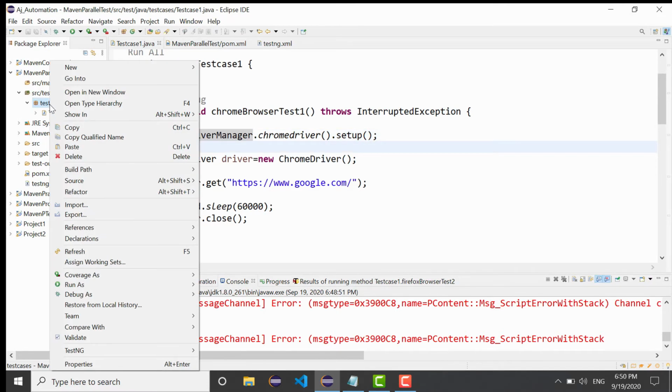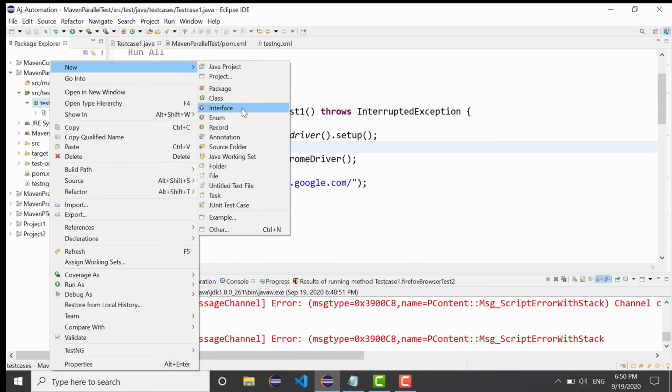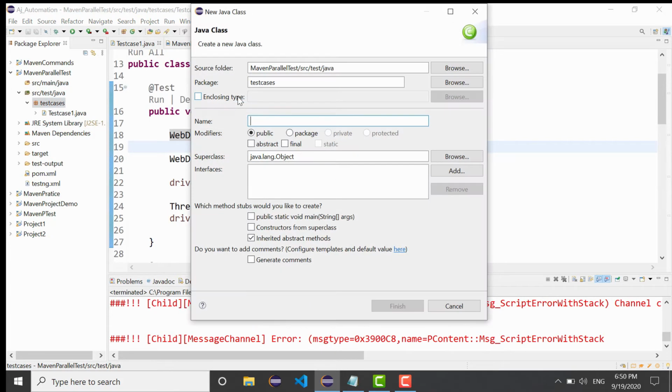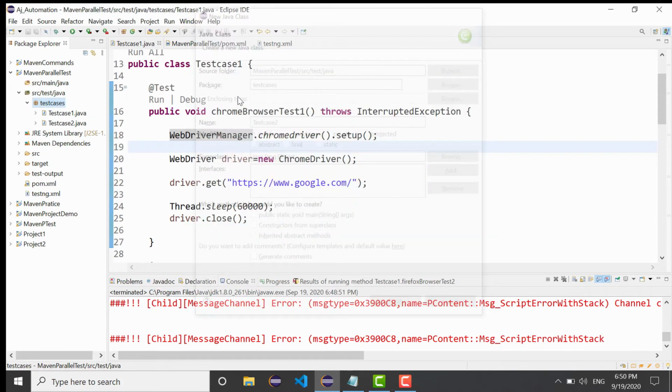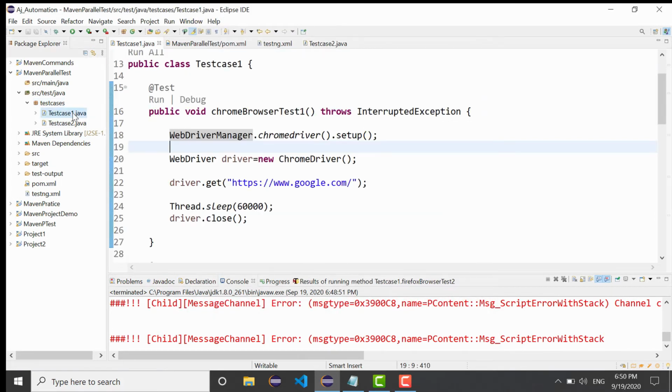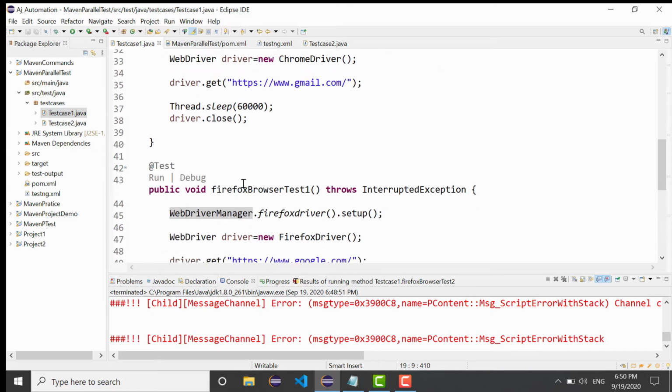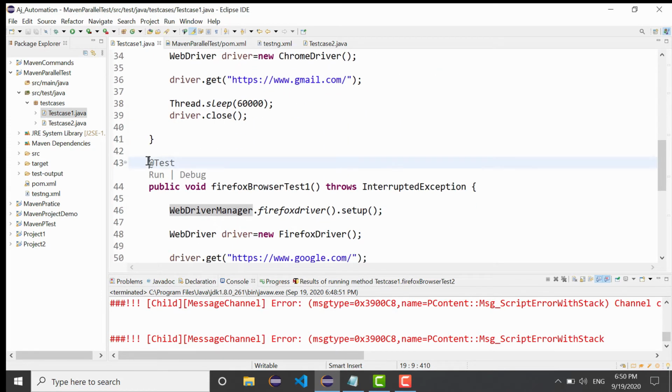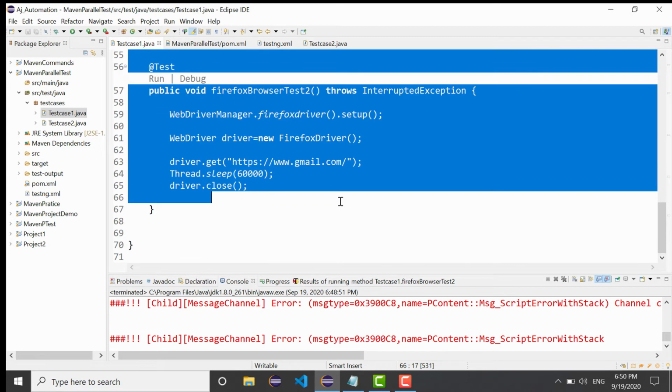We will create one more class here, test case, let's say test case 2, and we will move our 2 Firefox test cases from here to the second class.